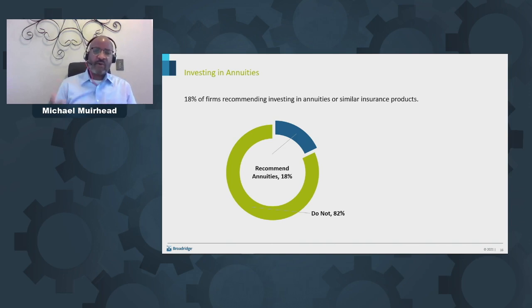So here, what we want to make sure is that advisors demonstrate, as they take a look at these products, that the fees and expenses are reasonable and they have some mechanism for doing that type of evaluation